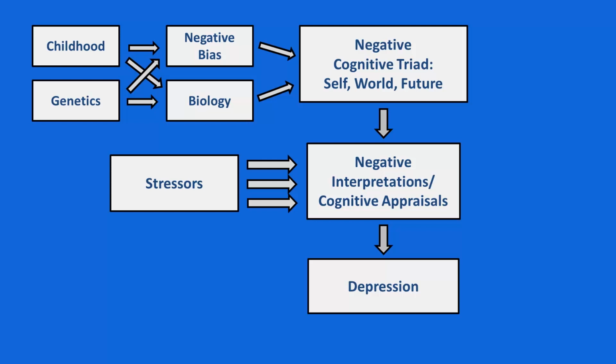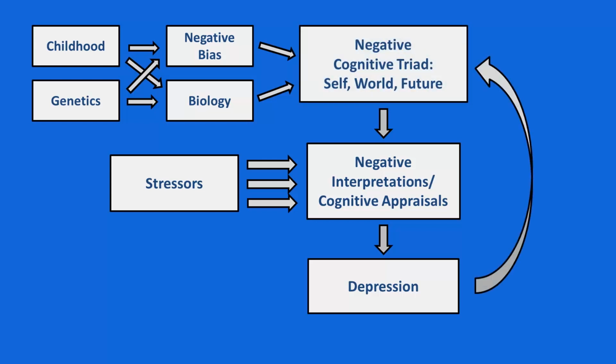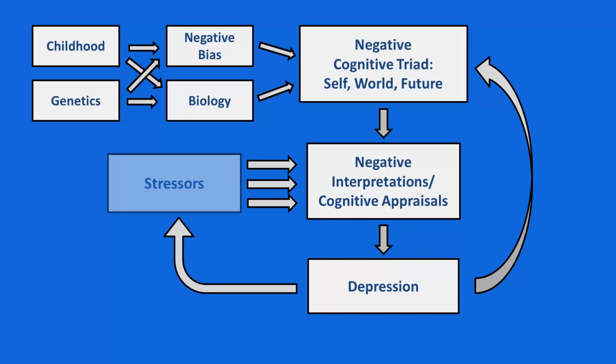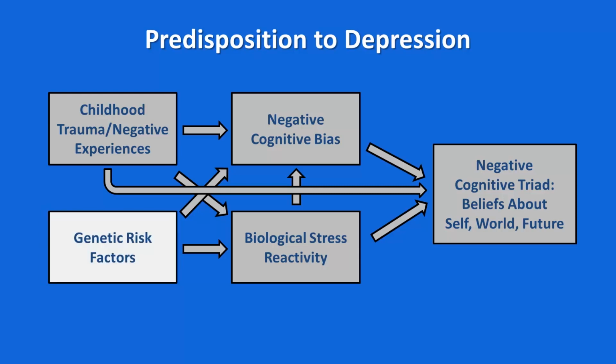And then the symptoms of depression feed back into our negative beliefs and reinforce them, which prolongs our depression and makes us more vulnerable to depression in the future. And these symptoms can also act as stressors themselves that feed back into our depression. So now let's break this down and look at each of the individual components of this model in more detail. And there are a few parts of this that are a little dry, so I'll try to get through them quickly. So first up, genetics.